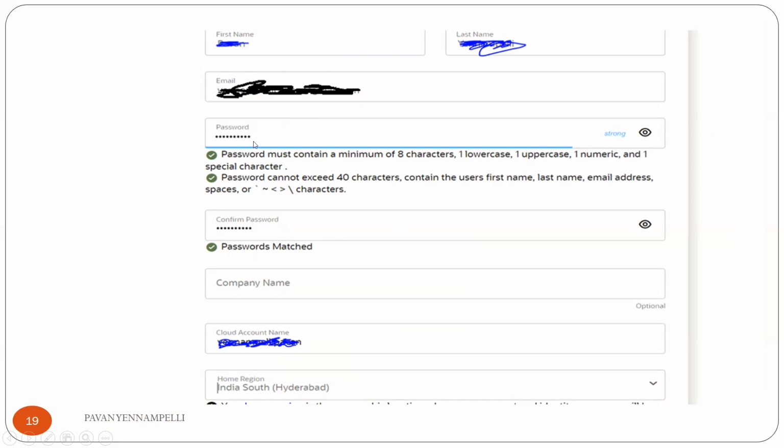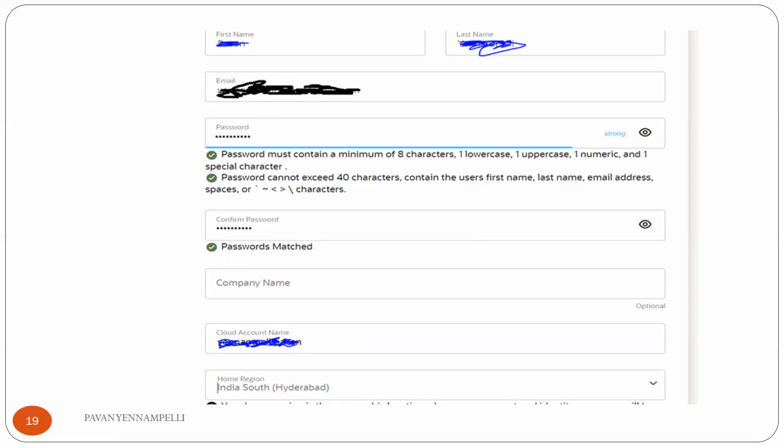Now you have to give your password, confirm password, and company name is optional. It's up to you whether you give your company name or not. Then cloud tenancy name, it will auto populate your first name and last name as the cloud tenant, cloud account name. But there is an option to change. It's up to you, whatever the cloud account name you want to put, keep it.